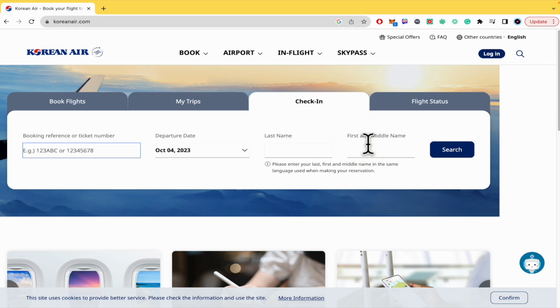Also, by now I'm not gonna be able to show you the full process because I don't have a ticket from koreanair.com, but that's how you can do it. Just follow the steps, and I really assure you that you're gonna be able to make the check-in online in